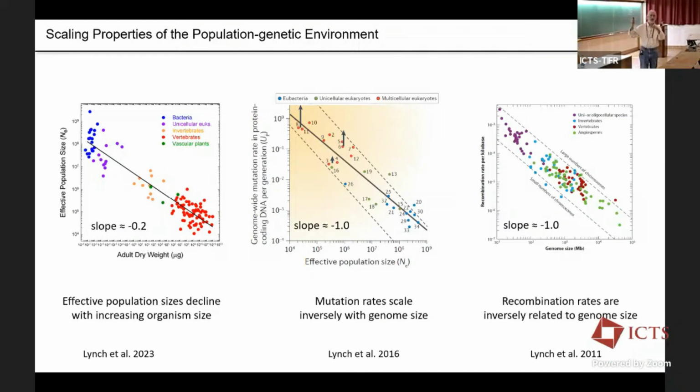I don't mean these to be indelible laws. These are first approximations of the way the data look. I'm just trying to present the fact that these major aspects of the population genetic environment all vary dramatically depending on what kind of organism you are. And I'll go into all 3 of these plots in more detail. I'm just trying to get the big picture out right now.